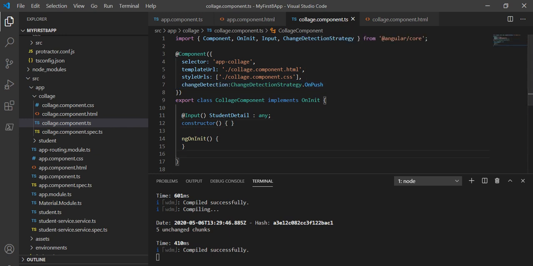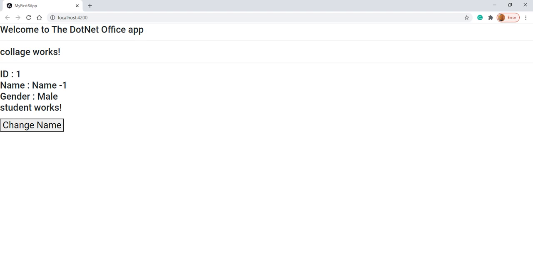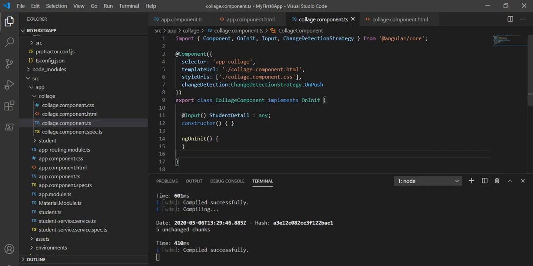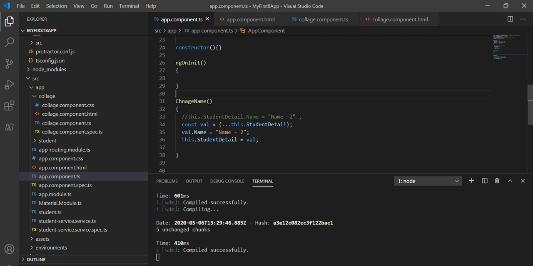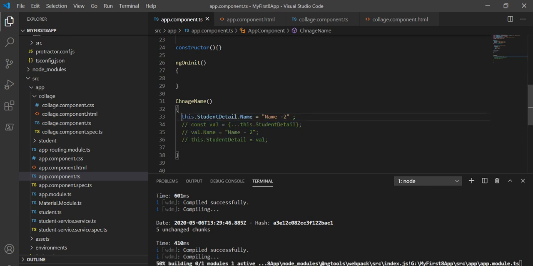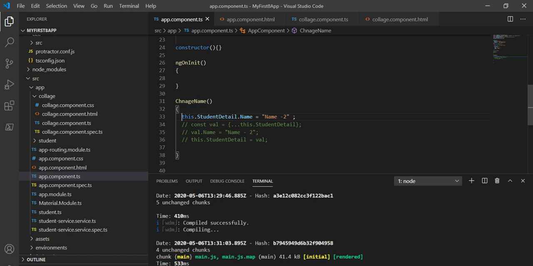So let's go to the browser and see. Currently we can see that if I click on this change name, this will change. We can see that we made the change to the reference, that's why it is changing. What I'm trying to say is, if I change only the property, I will comment it out first, and then uncomment the other one, and if I click on this button, it will not change the value on the browser.